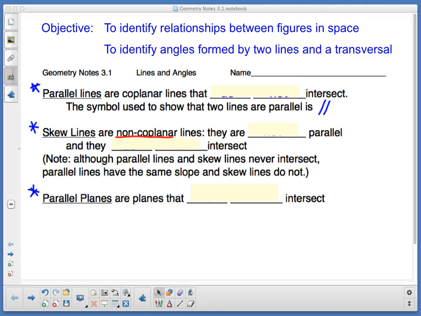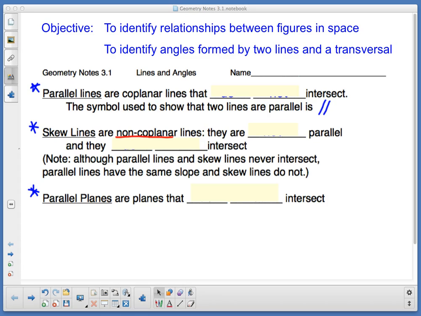Okay, this is Geometry Chapter 3, Section 1. You should have new notes. If you don't have them at home, you can print them off. They are available at the top of the page on the Schoology website for the Chapter 3 folder inside that